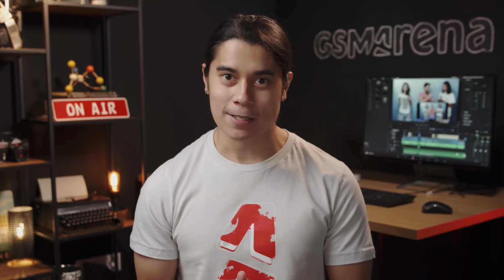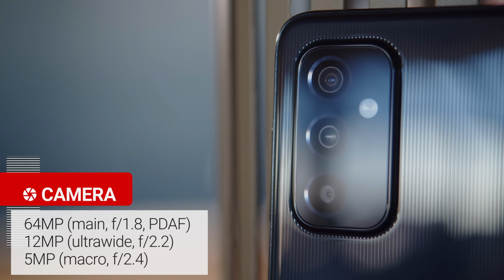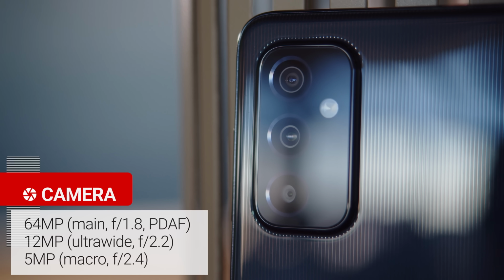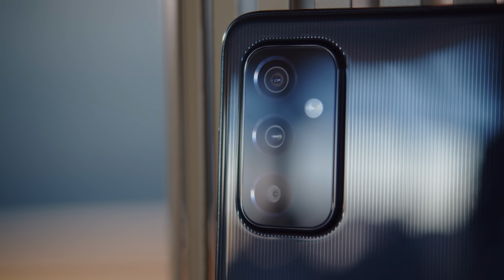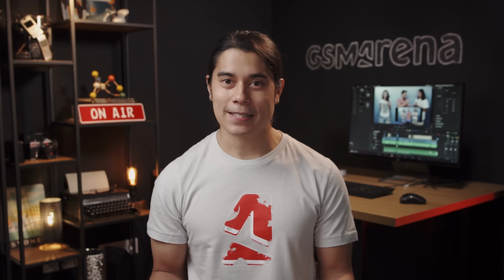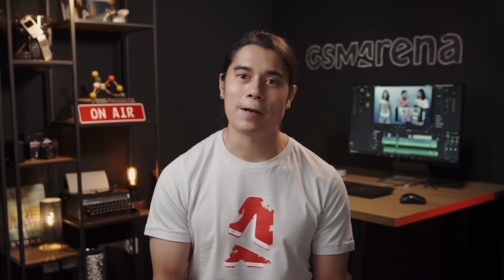Finally, we have the cameras, which include the same 64MP quad-Bayer main cam, 12MP ultra-wide, and 5MP macro setup as on the M51 and the A52s. This device doesn't have a depth sensor though. Despite having the same cameras, there are some differences in quality thanks to the processing, especially compared to the previous